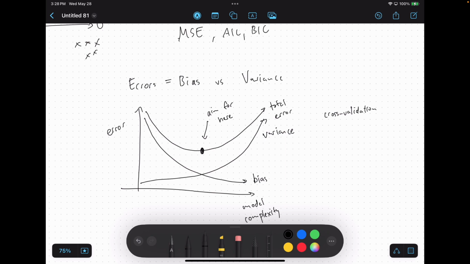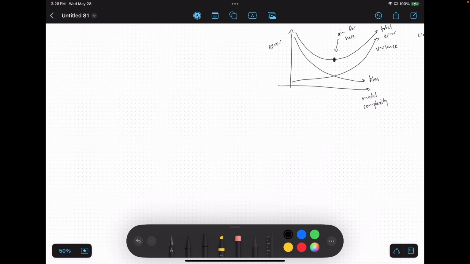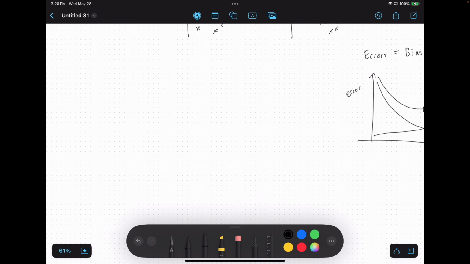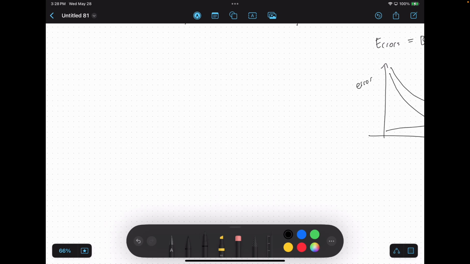And we've seen so many examples throughout class of different ways that models try and do this. And that concept helps us do things like subset selection,